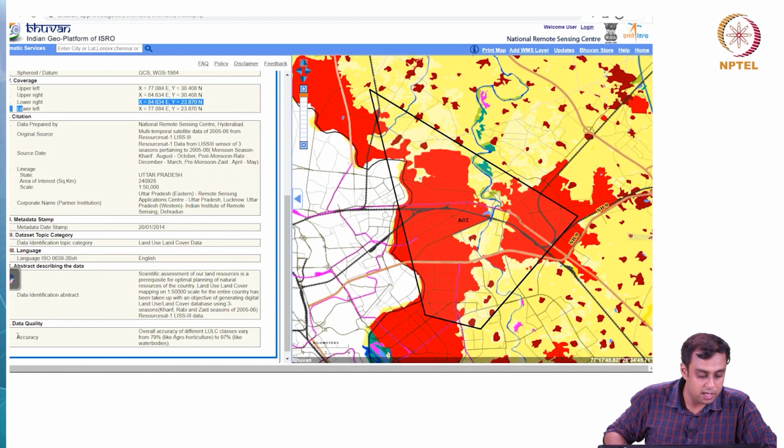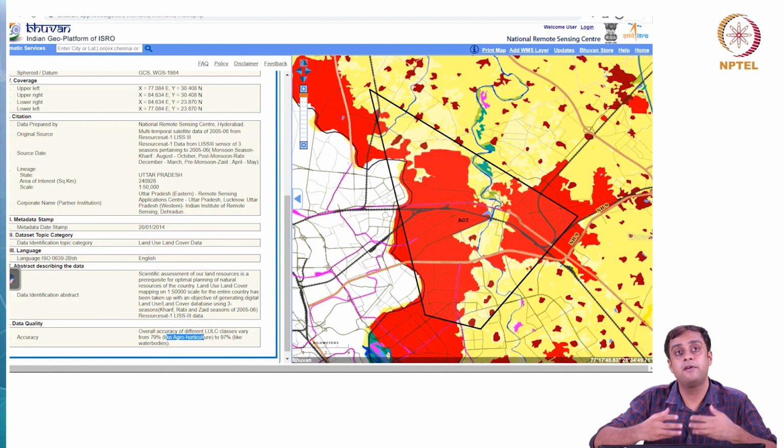One very interesting data quality parameter that metadata provides, that is something that we should document whenever we are using these data, is on accuracy, right. It says overall accuracy of different LU/LC classes vary from 79% like agro horticulture. So, whenever we see an agricultural classification, it is true only 79 of 100 times, right.